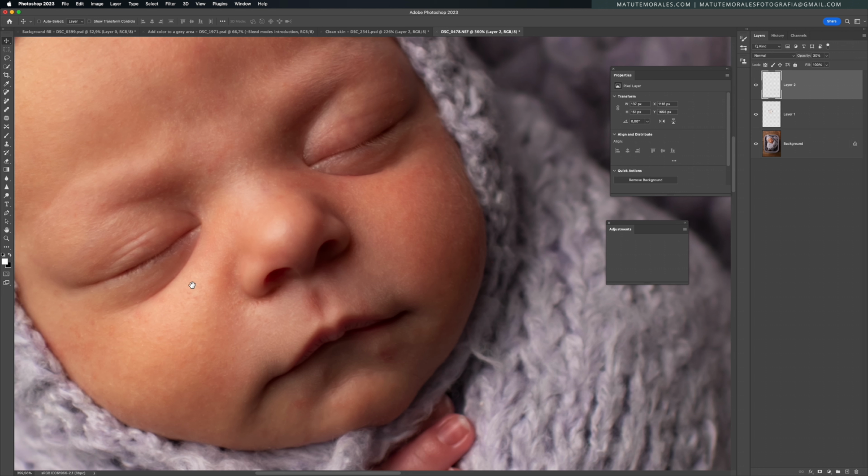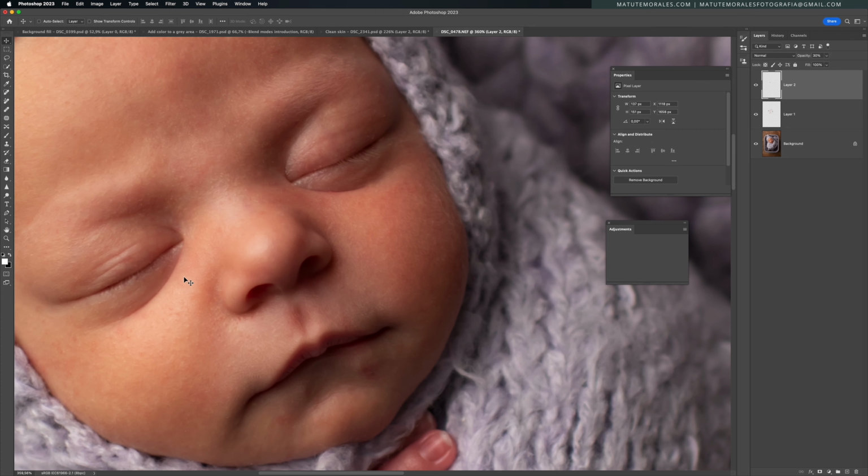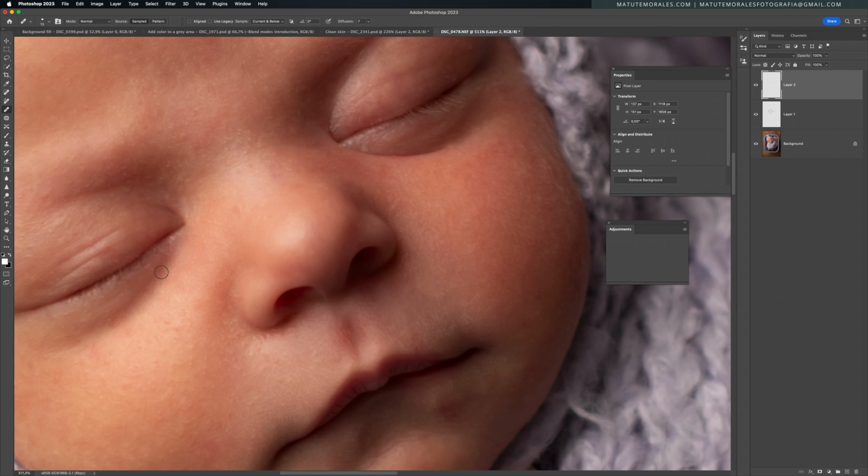But in family portraits or adults or different faces, you will do something like this to decrease the visibility of some line expressions. I will increase this to 100 again because I want to also decrease some portion